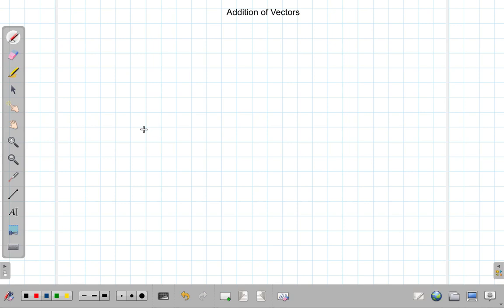Let us look at addition of vectors. Now, suppose you have a table here, a heavy table, right? And you need to push this table from one end of the room to the other, right? You're pushing on this table,